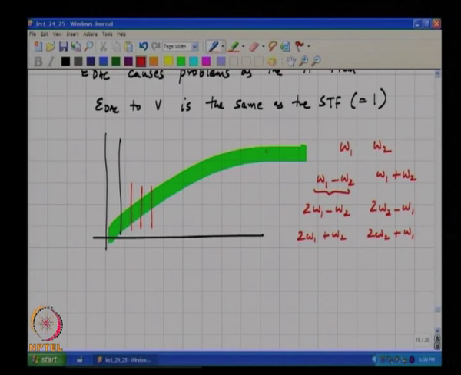So, consider a noise component here and a noise component here. Once you pass them through a second order nonlinearity, what will happen is that it will